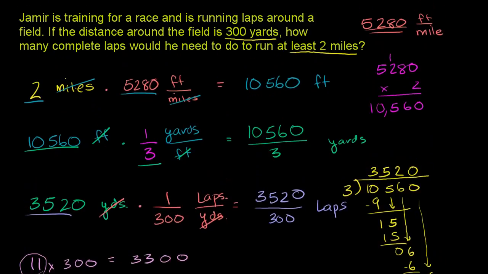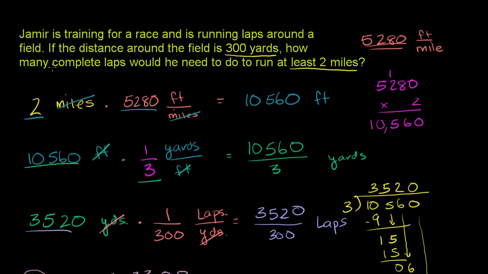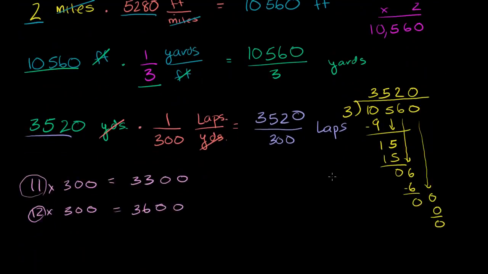But let's make sure we're answering their question. How many complete laps would he need to do to run at least 2 miles? So they're telling us that, look, this might be 11 point something something something laps. And that would be the exact number of laps to run 2 miles. But they say, how many complete laps does he have to run? 11 complete laps would not be enough. He would have to run 12. So our answer here is 12 complete